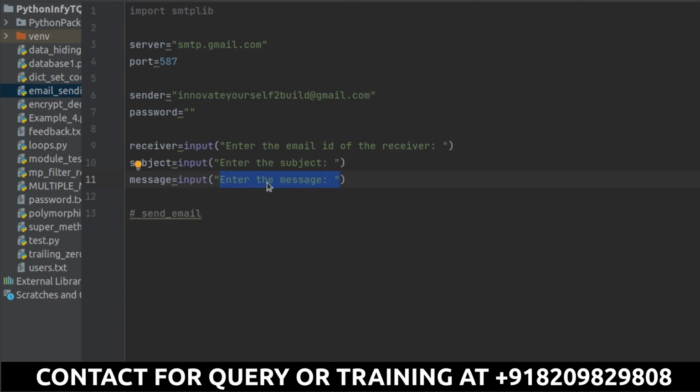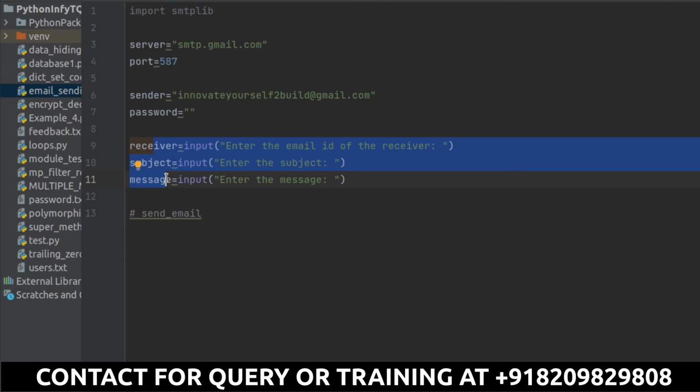Now the next thing is how I'm going to send this email, because currently whatever I have done is I have simply taken the credentials. First one is for the server, second one is for the email ID, and third one is for the data that I have to send. So this is all that I require, and I already have all of them. Now the next step is that I have to